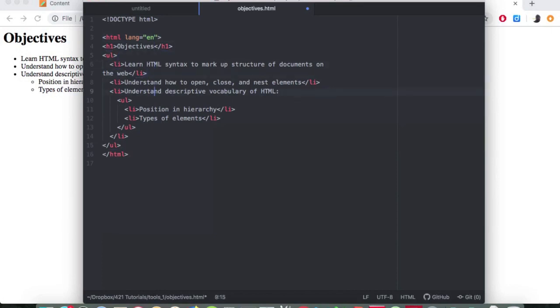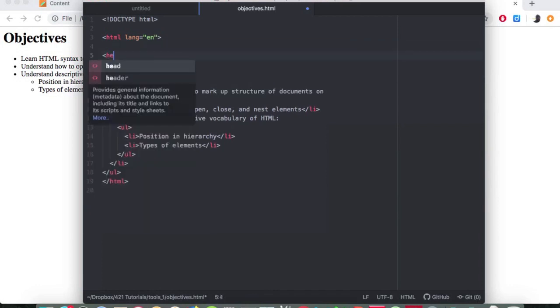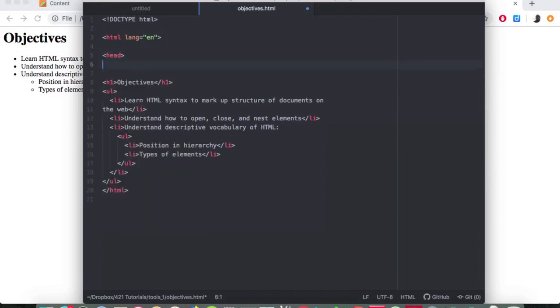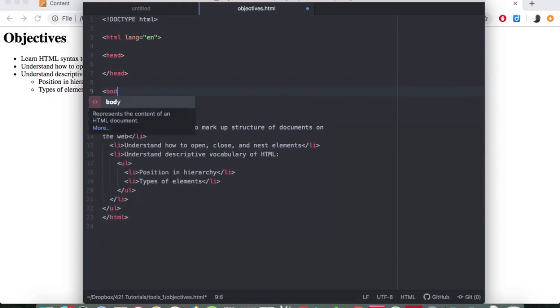All right, we already have the closing HTML element on the page, so we don't have to worry about that. Let us make the head and body elements now. So I'm going to open head and leave a space to put content in, and then close it out, and then open body, and then we can close that out